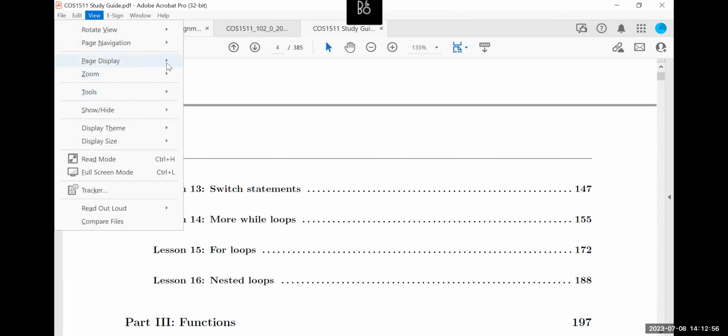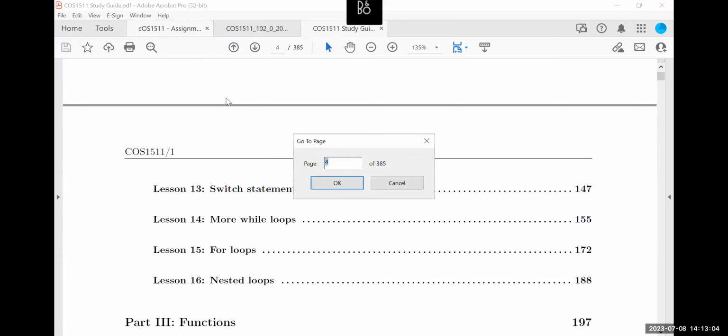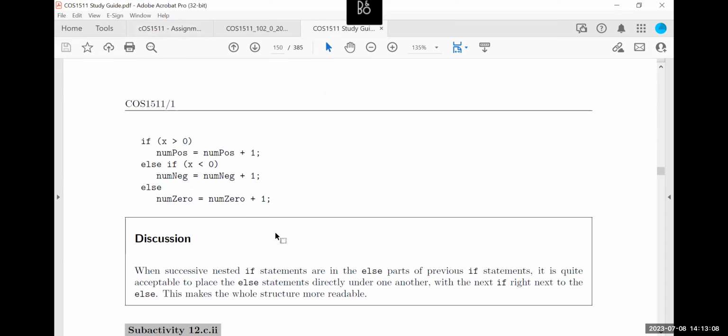Edit view. Let's go to somewhere along here. Let's go to page navigation, right? Go to page, let's just go to page 150, right? Okay, so it says,